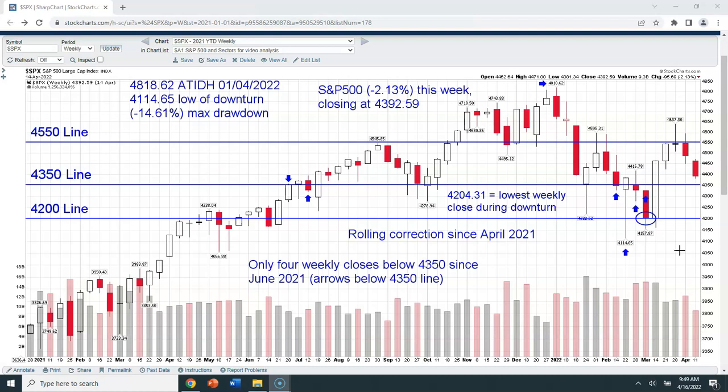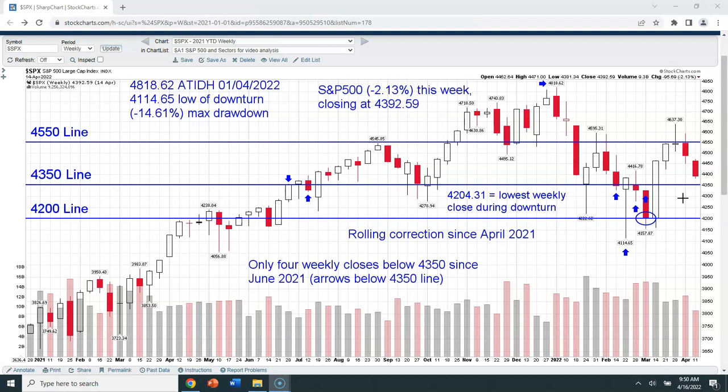But I wanted to give you this setup, and I wanted you to understand what's going on right now. And I know a lot of people are all excited about this, but guys, when you see these huge candles off of a technical support level like this 4,200 level, I would be afraid, not excited, right? Especially given the backdrop that we have with everything going on geopolitically in the markets, raising rates, and everything that's out there, guys. This market right now, I feel, is potentially very, very dangerous.